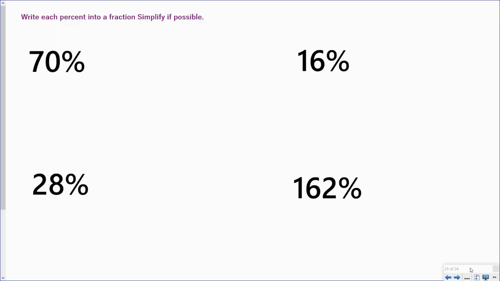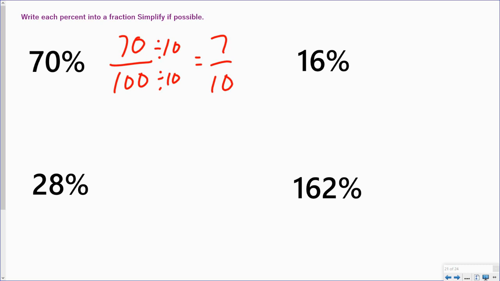Here I'm going to write these percents as a fraction, and if I can, I will simplify them. The first one I have here is 70%. So that is 70 over 100. Divide both of those by 10, and that will give me 7 tenths. 16% is 16 over 100, and I can divide both of those by 4. And that gives me